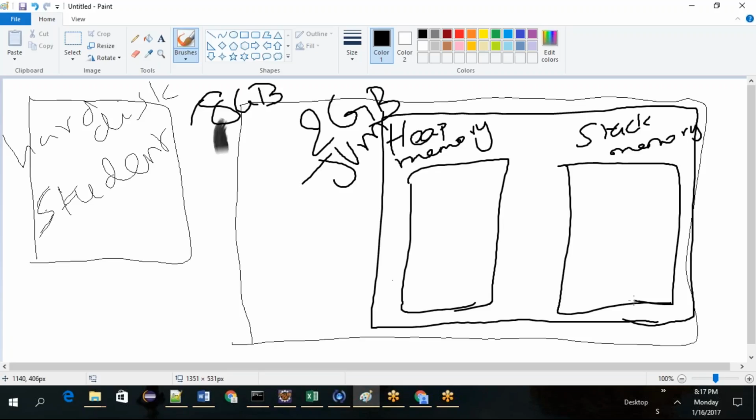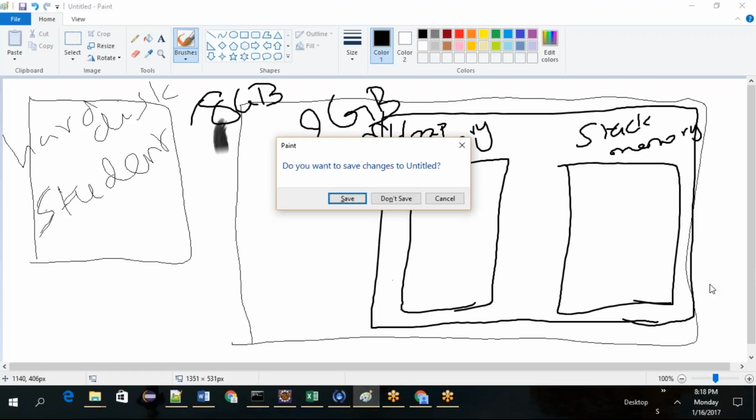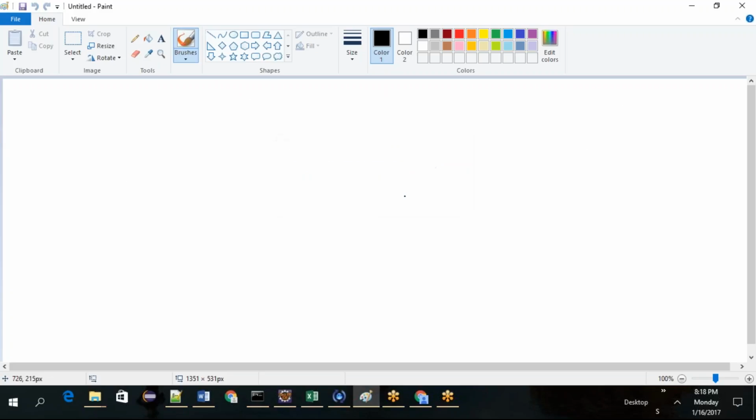So let me create another program. So you guys understand now? So when you run the program, first what will happen? JVM will be loaded and some RAM memory will be occupied, and in that certain sections will be divided already by default. And then what will happen? I'll go to the next screen. I'll draw a new one.